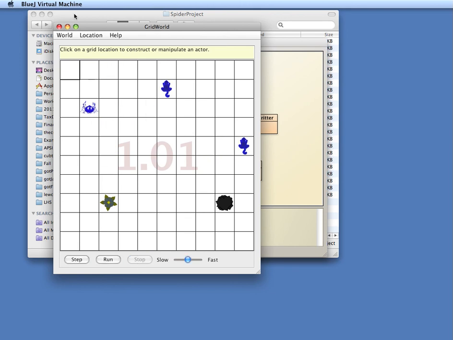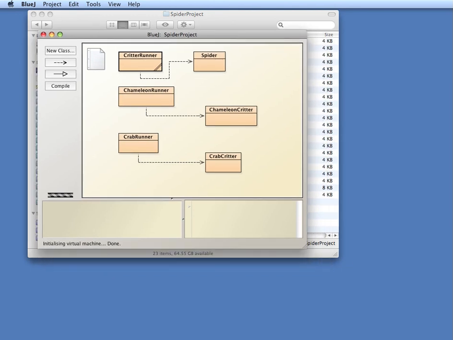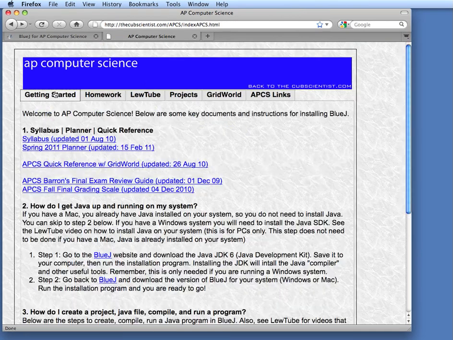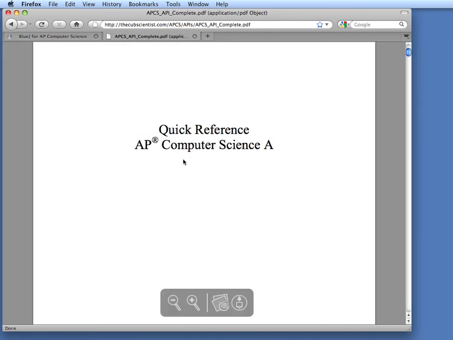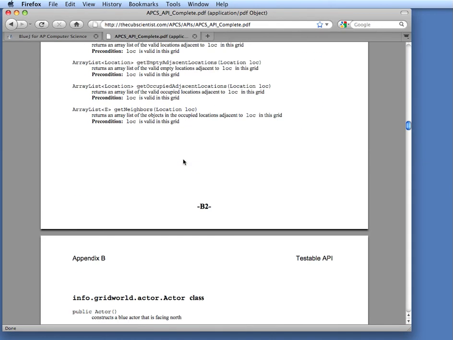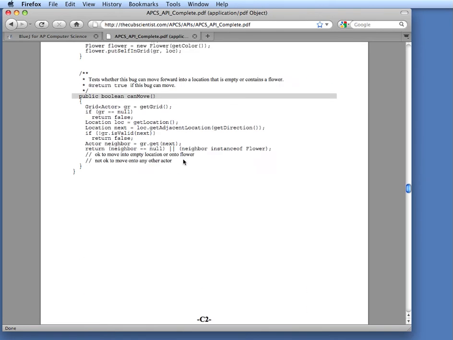Stop that. And I'll show you one other thing. This is a nice little debugging technique. So let me go back up to my website. And one nice feature you're going to want to use is the quick reference for Grid World. And if I go down a little bit to the spider, or a spider is, excuse me, a critter, where a critter is. A critter has